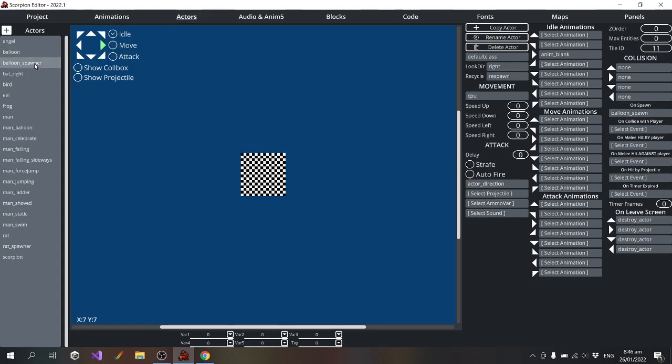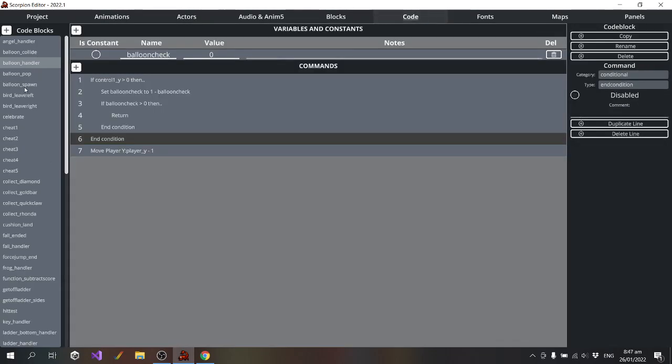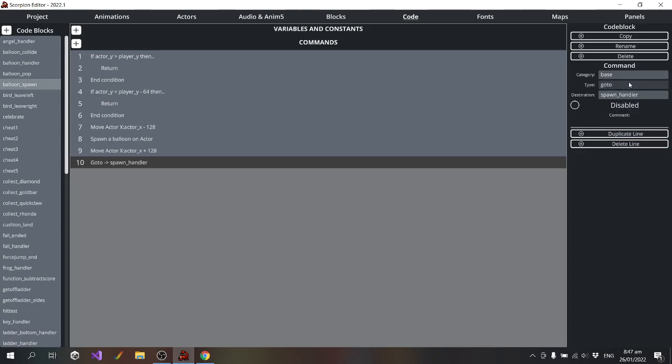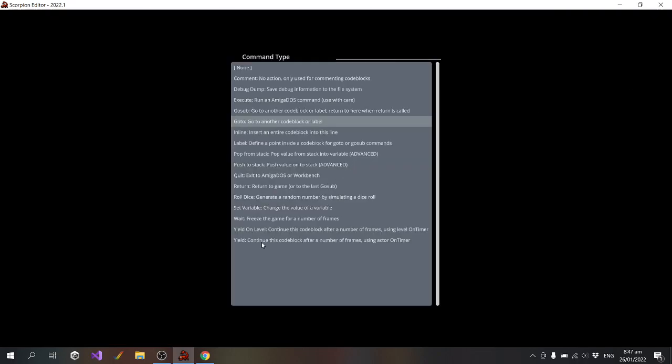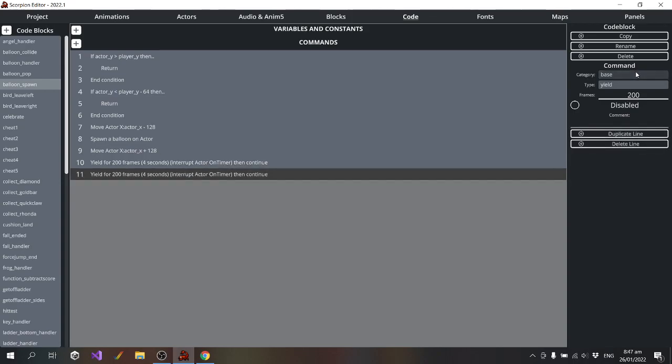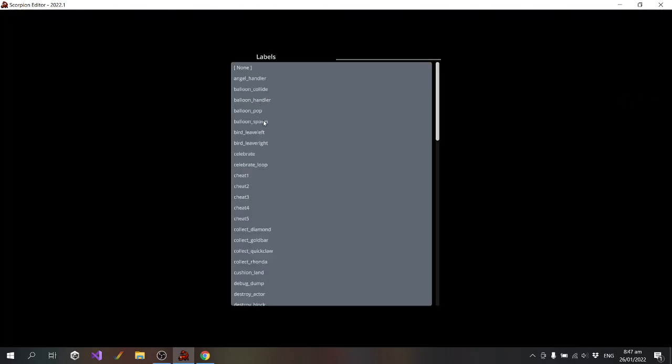I will make it so that the balloon spawner has a repeat. I'm going to yield for maybe 4 seconds, and then I will go back to the balloon spawn.